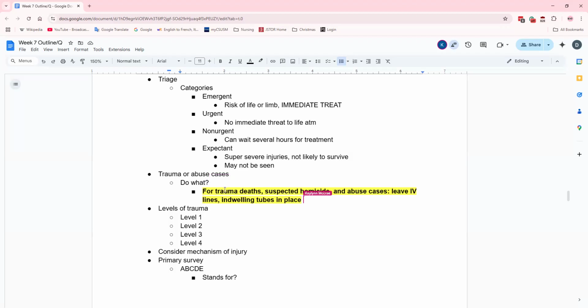It was something I really didn't think about when I was initially introduced to the concept. It makes sense after I thought about it, but it wasn't something that came to my mind, because we might so easily be like, oh okay, you don't need the Foley anymore, so let me take it out. You don't need this anymore. Organ donor.